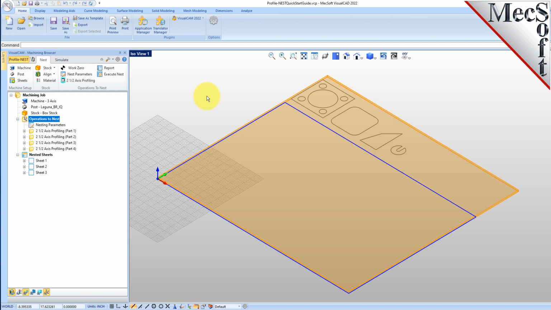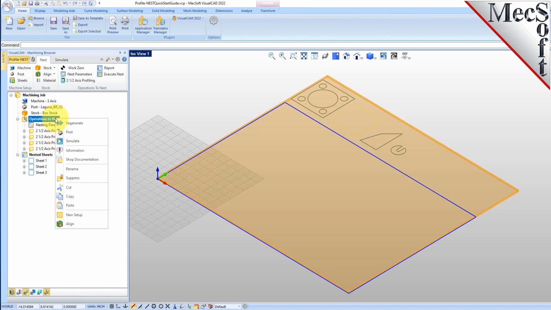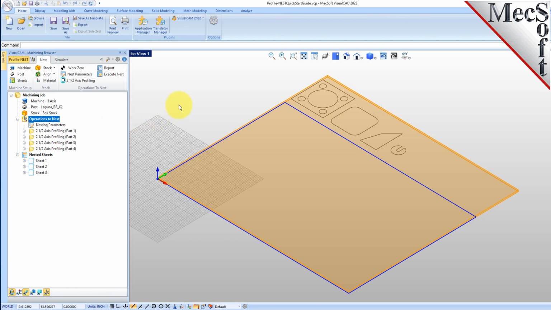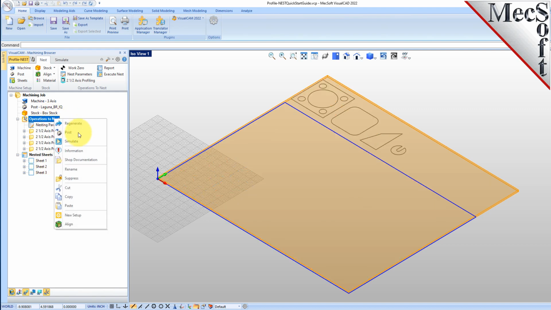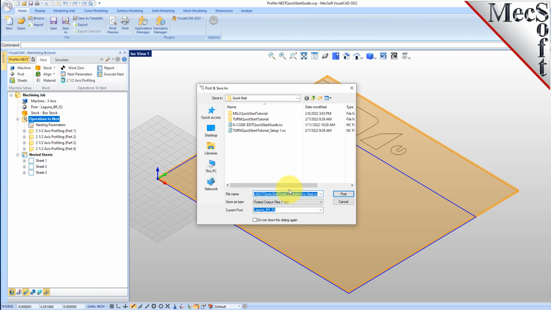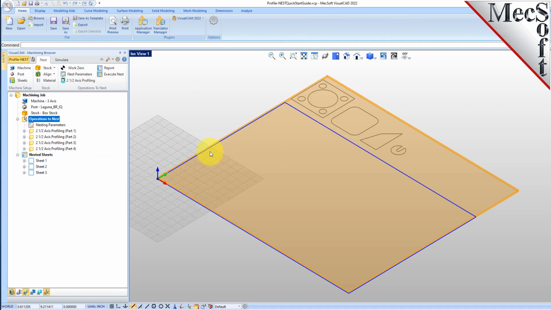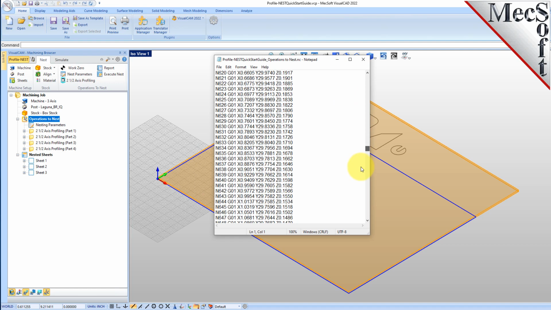Now let's do some posting. You can post your profiling operations directly from your operations to nest. You can post them from up here, or obviously if you're wanting to nest them, you want to post the entire sheet. So let's just show it both ways. You can post your entire operations to nest, and there's the post for that